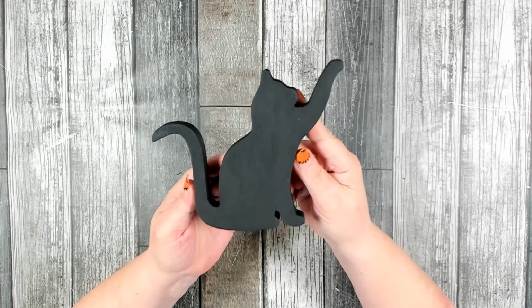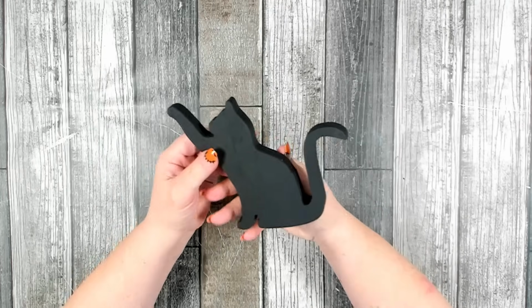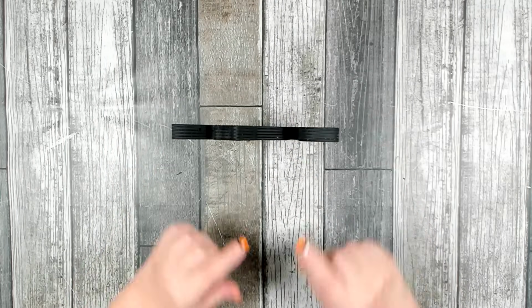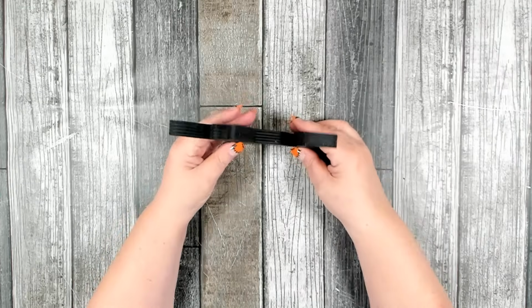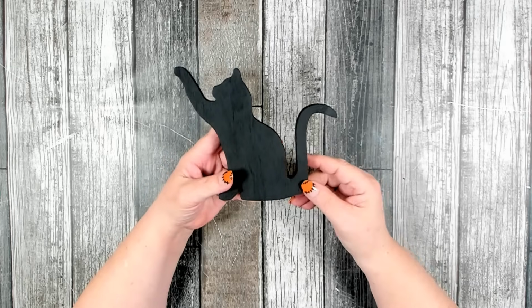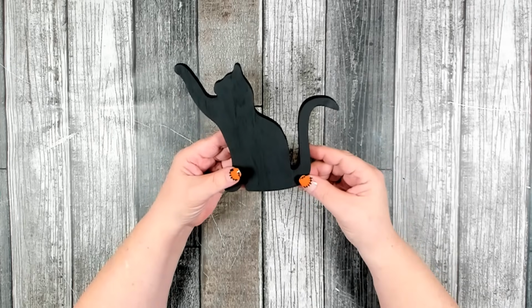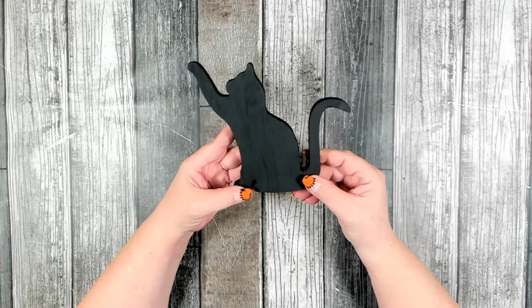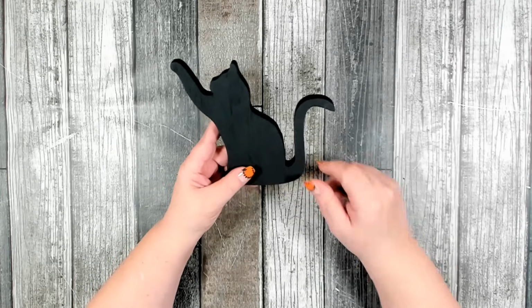I got my black cat painted all the way around. Absolutely adorable and sits very well on its own. It's going to look absolutely adorable in my little Halloween vignette. But you know, I need something to display all this cute spooky stuff on, so that's what we're going to